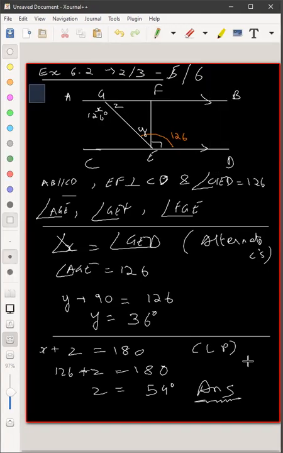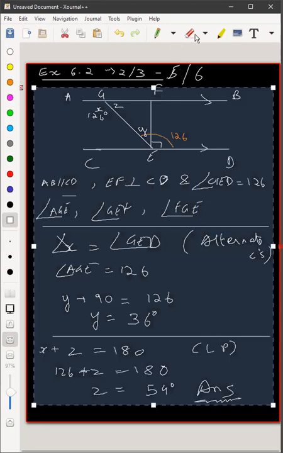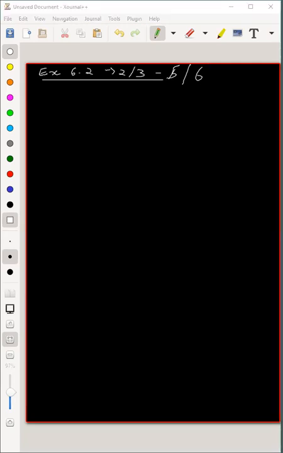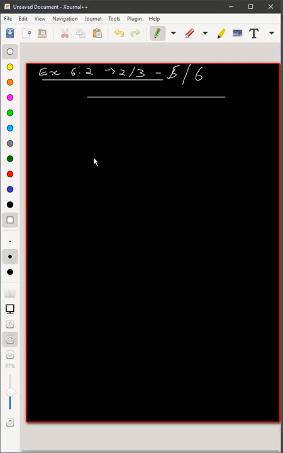If anyone has any doubts, please unmute yourself and ask me. Siddharth, unmute yourself. Sir, am I audible? Yes, you're audible now. Sir, I had a doubt in question number 6. You said 5 also, right? Sir, question number 6 and question number 5 of exercise 6.3. Fine, one sec.